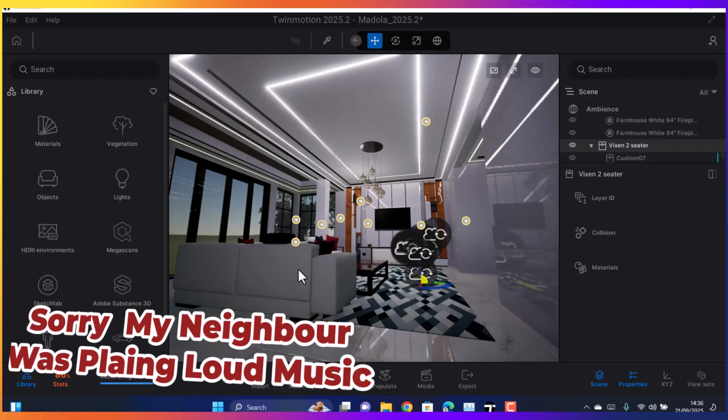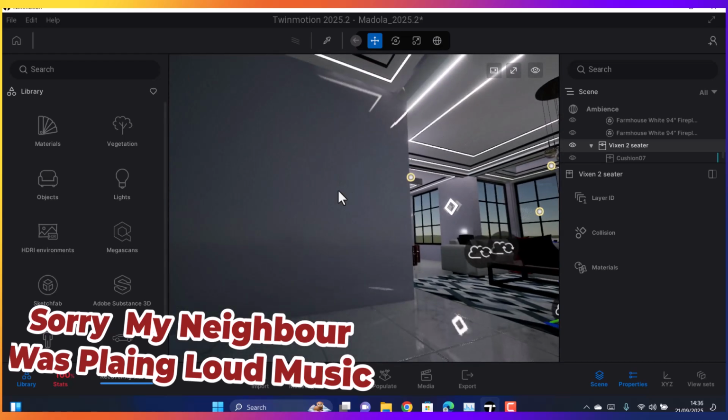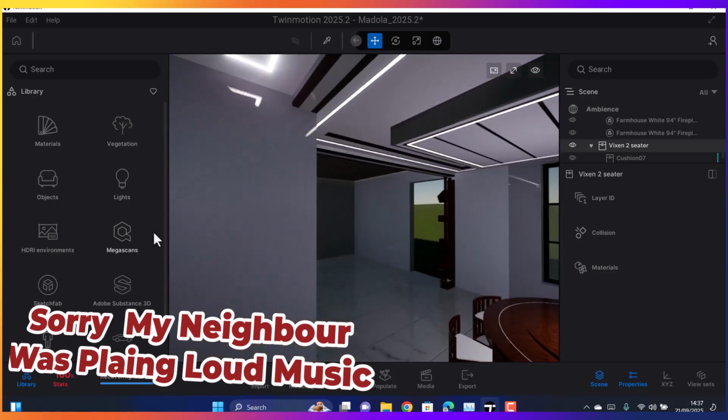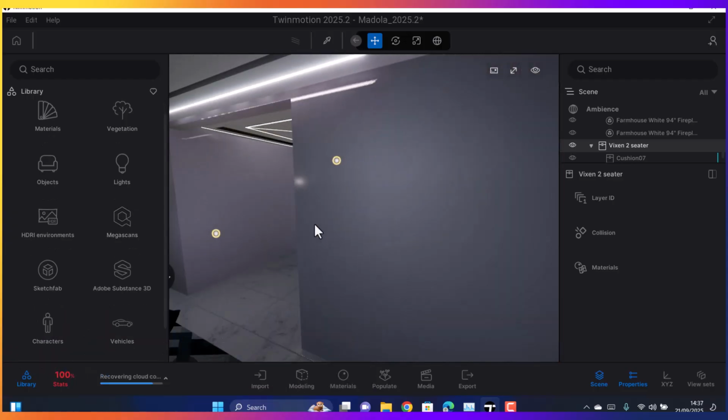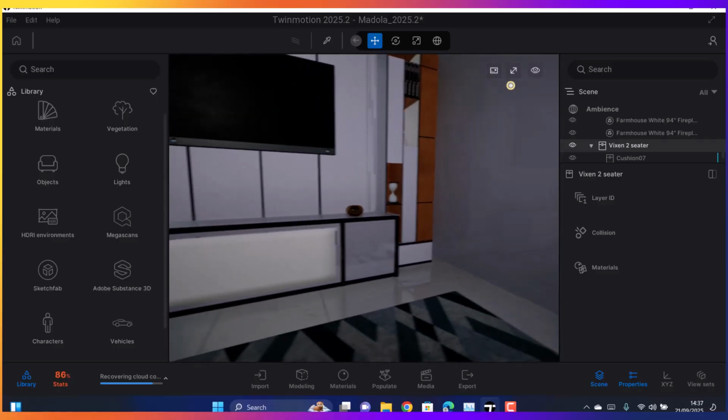It's 2025.2. Just downloaded it and I opened this scene. So this is a scene of a project that I did some time back, and I want to use it to show how it works, if it can still do the change or not. And also I thought that maybe I'll do a different tutorial and show you how you can